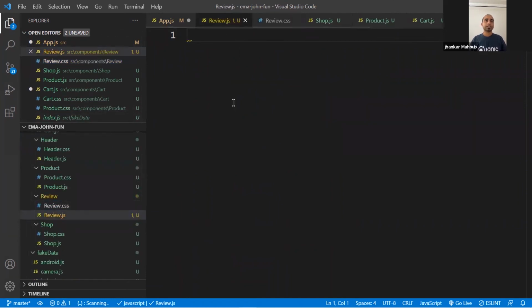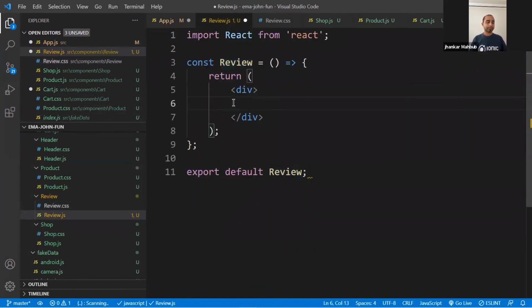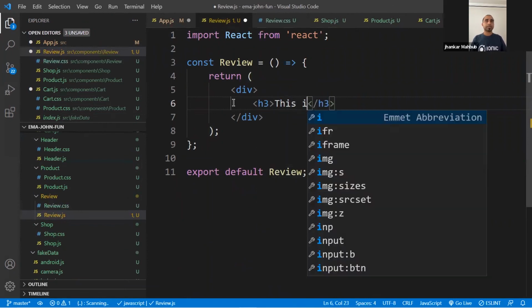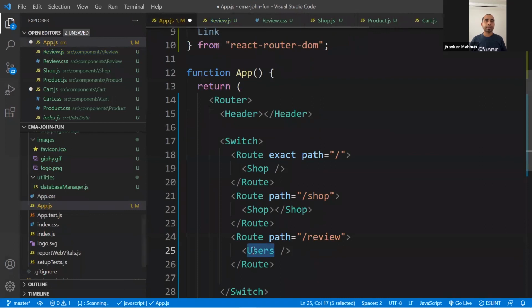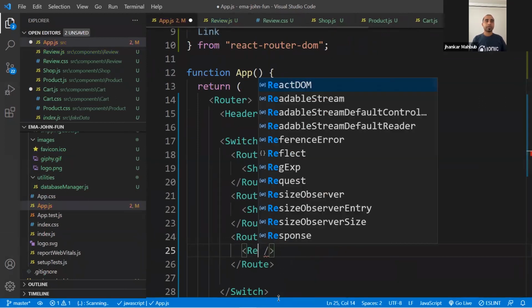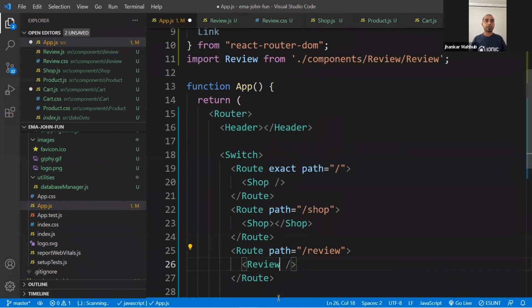In the review.js, we can do RSC, and say an H3, this is review. So we save this, we come here, and instead of this users, we use the review component, right? So we did up to this point, and if you go to this, there is nothing, you will go to the shop. If you have the shop, then you'll go to the shop.